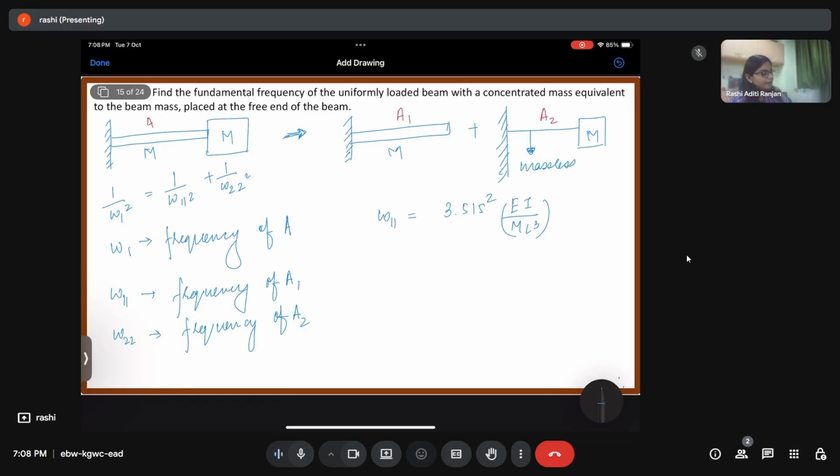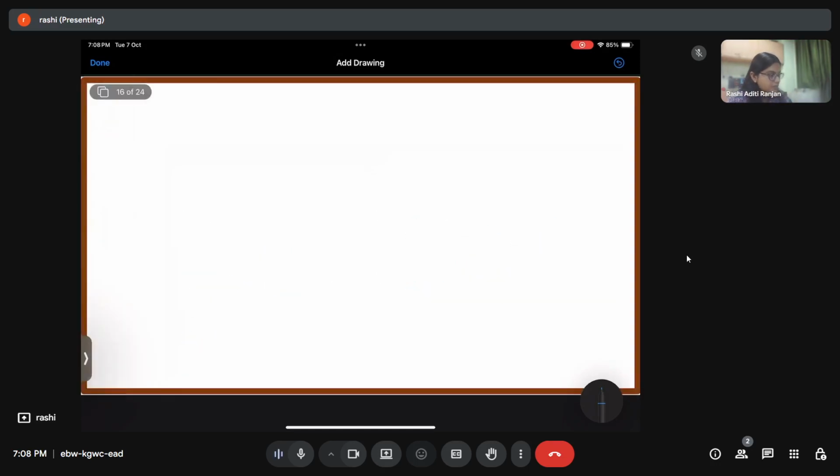Okay. And then omega 2 2 is going to be what? 3 times E I by M L cube. This is for when there is a concentrated mass at the end of the massless beam. Okay, I hope that is clear. So now we have to just put it in the equation, which says that 1 by omega 1 square is equal to omega 1 1 square, omega 2 2 square by omega 1 1 square plus omega 2 2 square, right? So this is going to give us,